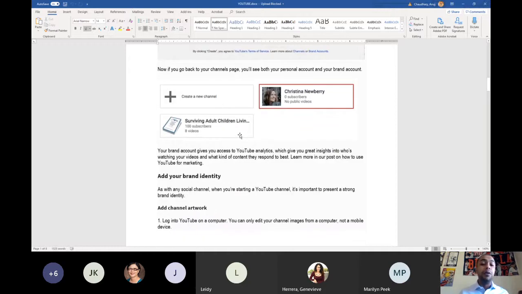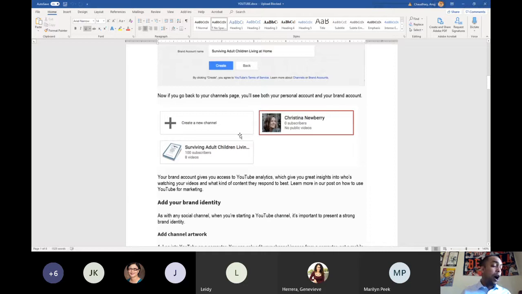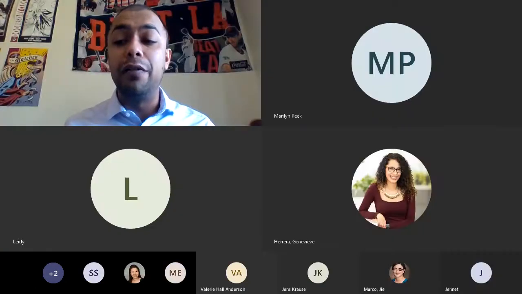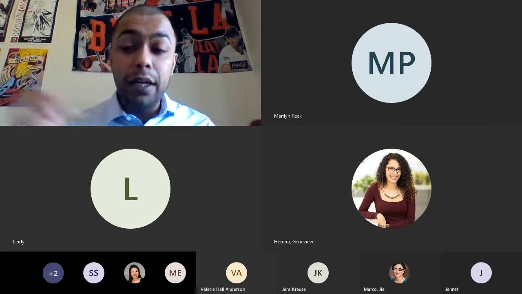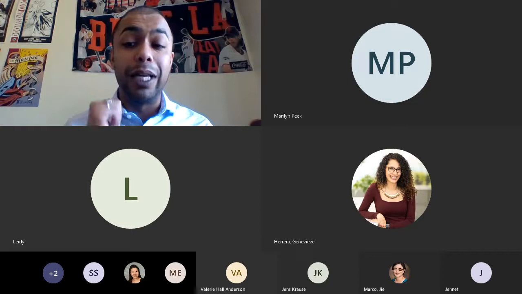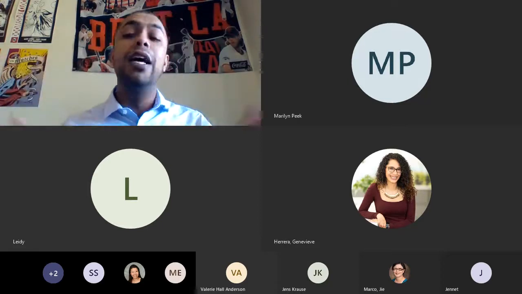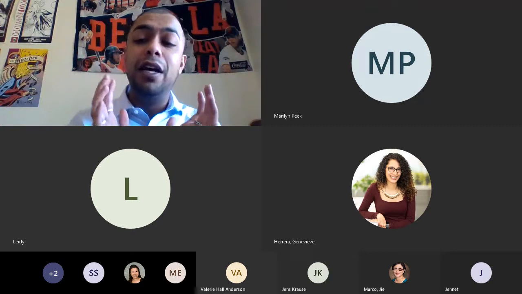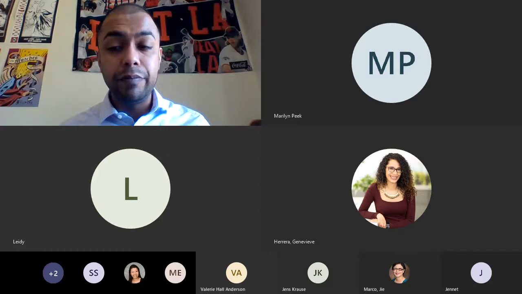Whatever you need to do, you would do here. And more importantly, you can manage the channels and then manage how many people get to have access to it. That way you don't have to give out your login information for a Gmail account, whether you're using it or not. Everyone has their own password, everyone has their own management system, and everyone can get in and out to do what they need to do to manage the page, to make sure that everything, again, is functioning as it should within your greater marketing scheme.